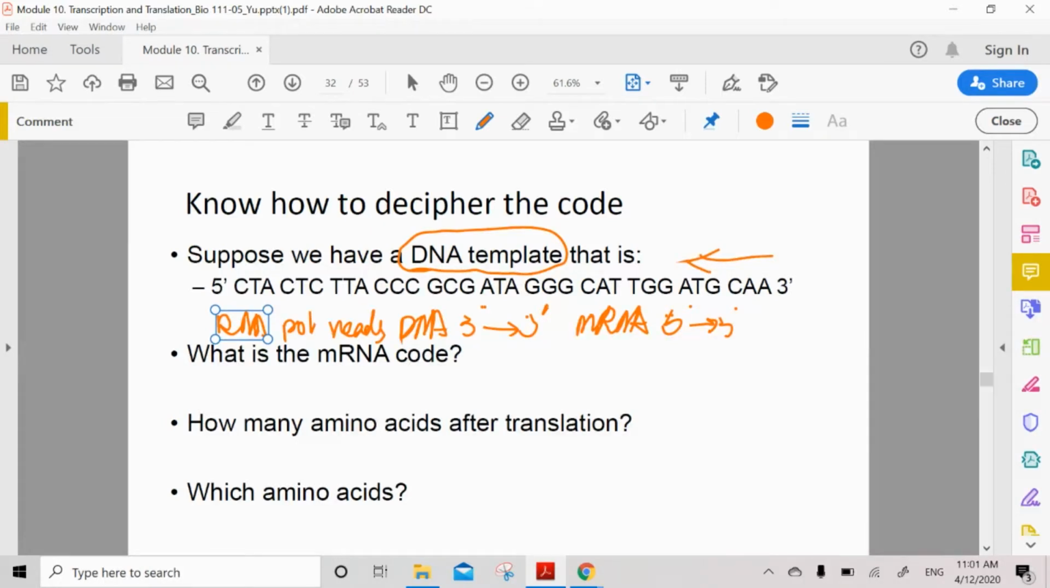So this ensures that the mRNA sequence goes from 5' to 3'. Okay, all right, so let's read it. So this is the sequence for mRNA. We're going to read it from this end and backwards. So we have